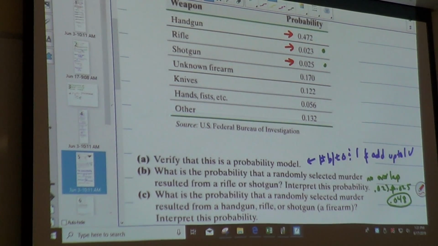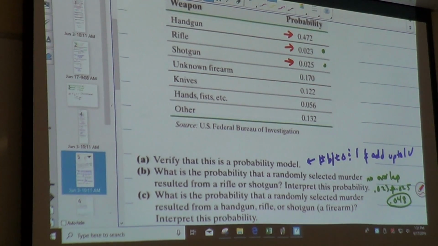No, there's no overlap, so we don't have to subtract the double dip. So it's going to be .472 plus .023 plus .025, and that's going to give me